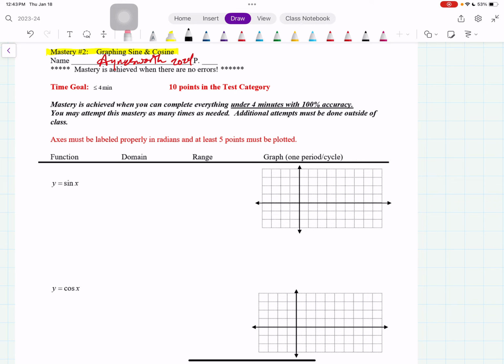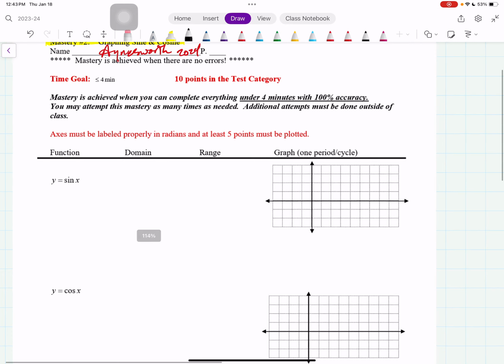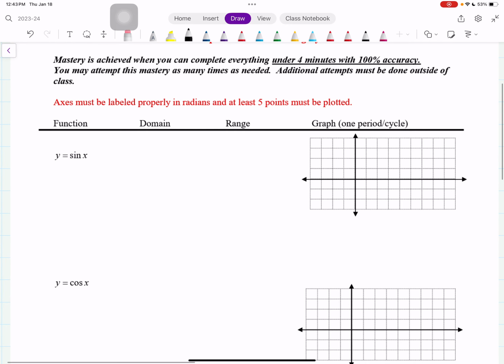Okay, we're not ready to do tangent and all the 3 reciprocal functions, and that will come later. So this is just a simple mastery on just sine and cosine only. Time goal is less than or equal to 4 minutes. 10 points in the test category. And as stated up in the directions here, mastery is achieved when you complete everything under 4 minutes with 100%